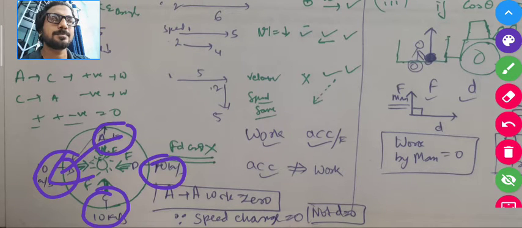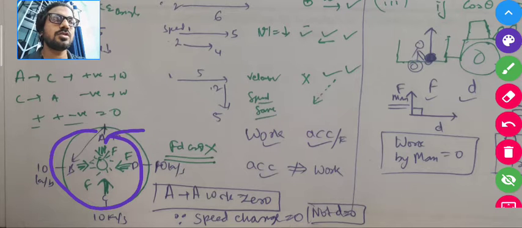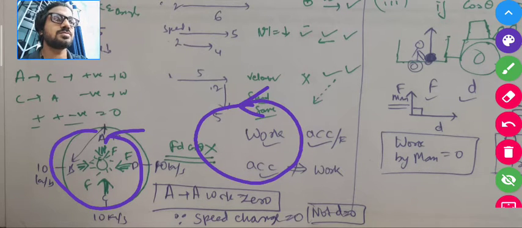And from here to here also no increase in speed. So you can say that from A to A in a circular path the work done is 0, because it started from A and came back to A, so the displacement is 0, and therefore the work done is 0. No,